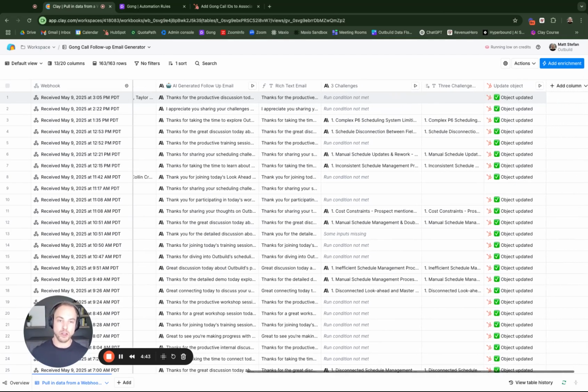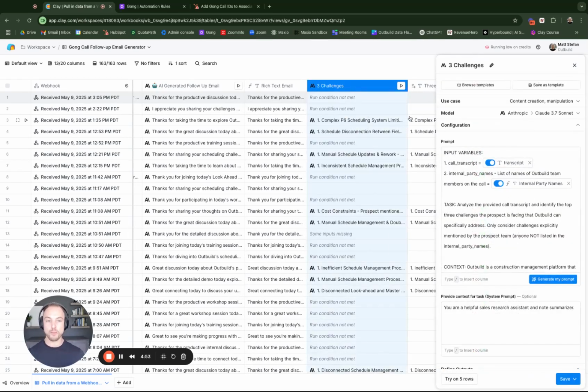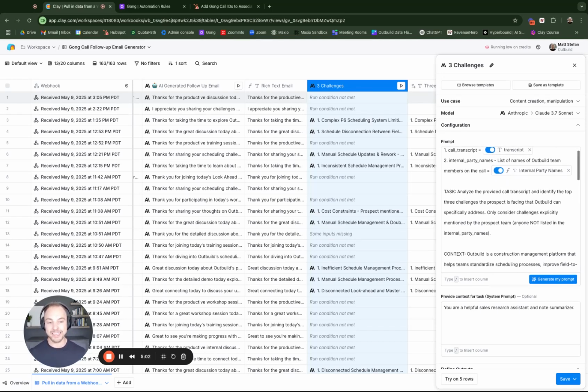The next thing that we're going to do is, when it's a deep dive call or an introductory meeting, we're going to use Anthropic again to summarize the 3 challenges. This is a core part of our sales process. So in this case, I'm inputting the call transcript, but I'm also inputting the internal party names. And the usefulness of that is that